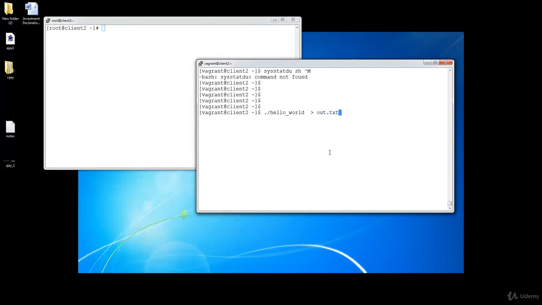Where will it create the out.txt? It will create it in the present working directory. Just let me show you the path for information. It's /home/vagrant, right? Let's run that command. We'll run the hello world script and ask to redirect the output to out.txt. All right, just hit enter.